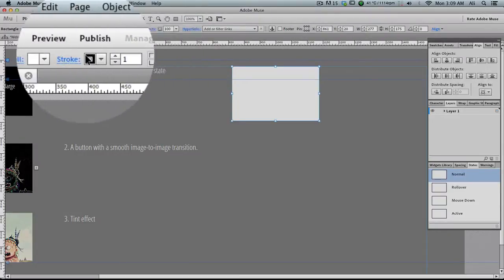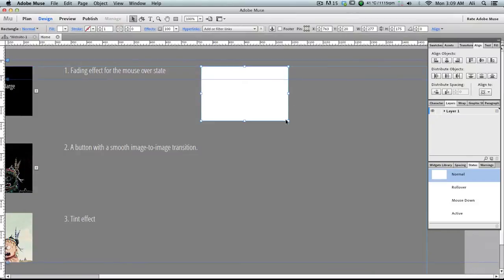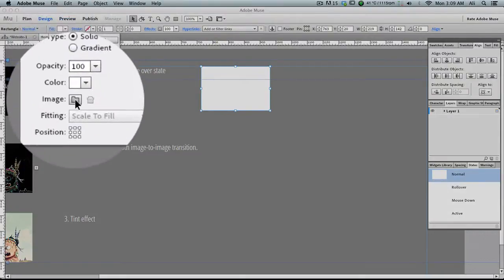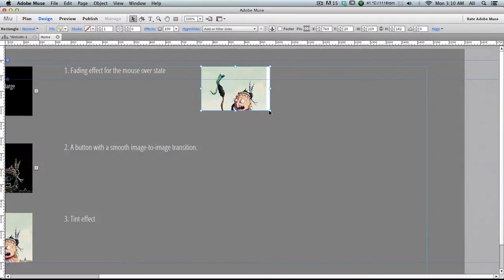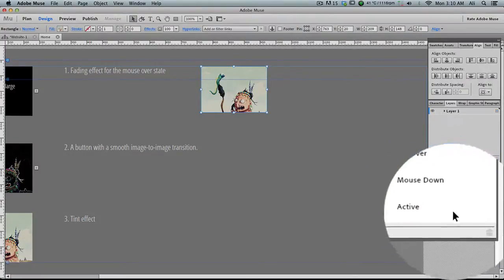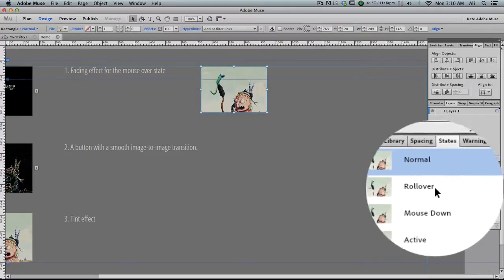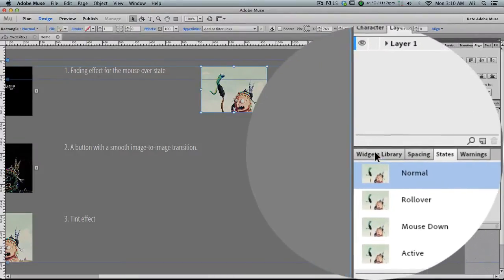and as always, turn off the stroke. This is what I do. Go to fill, image, import an image. This is gonna be the normal state of the button you will have. You have different types of states: normal, rollover, mouse down, and active. This is gonna be the normal state we have, and for the rollover state of the button, we are using